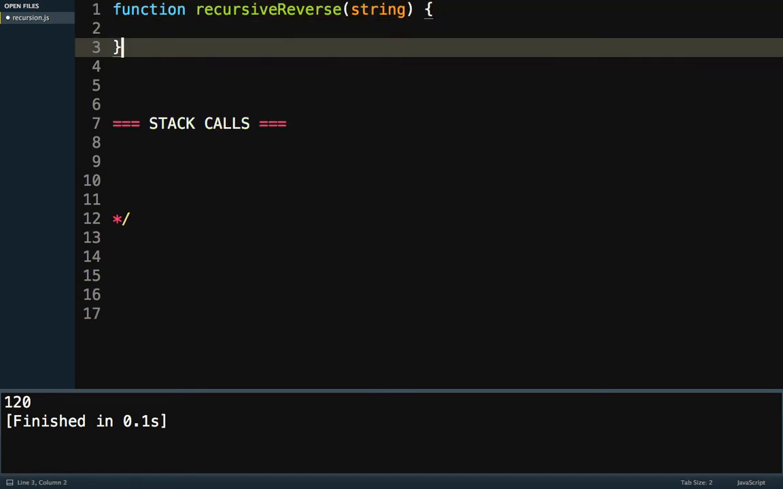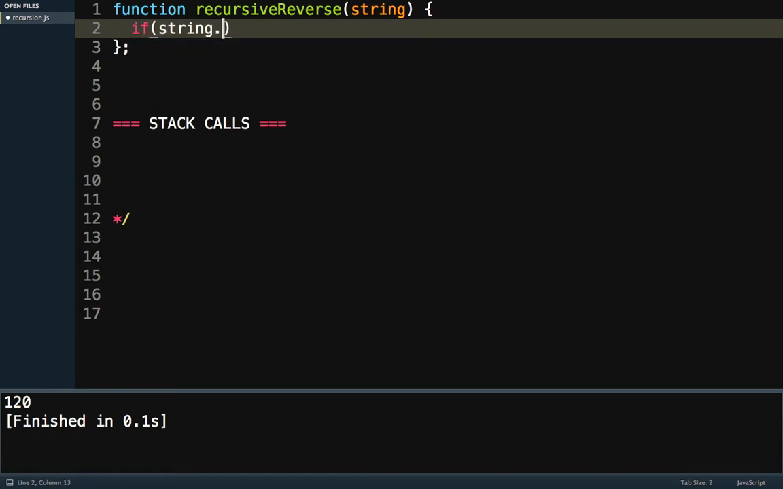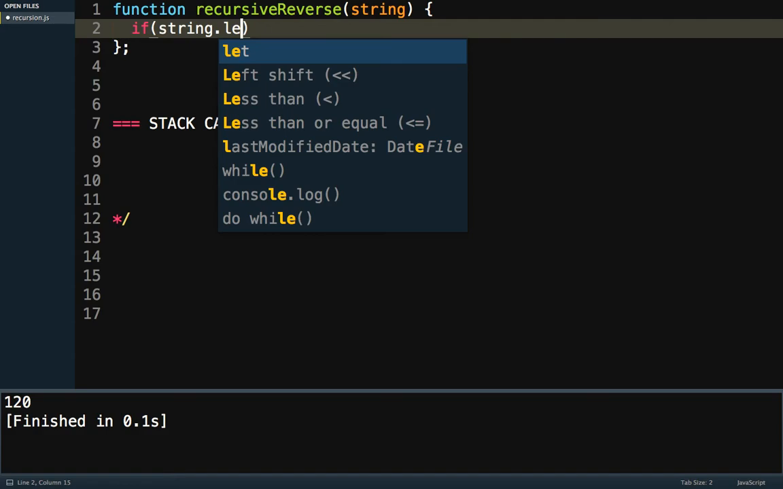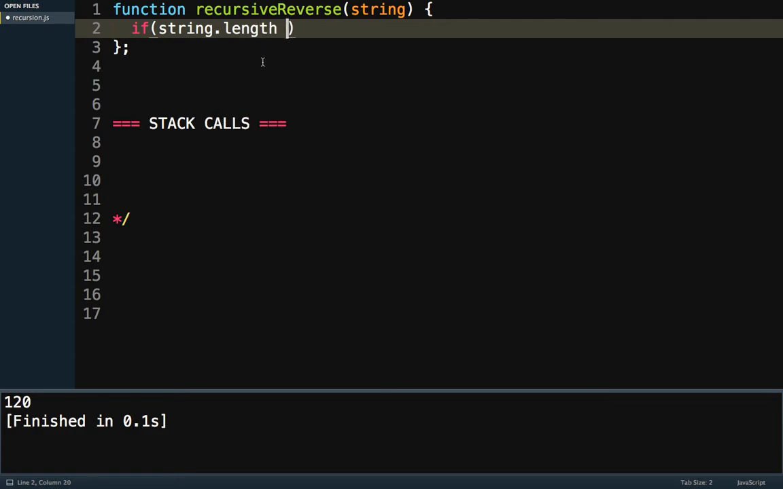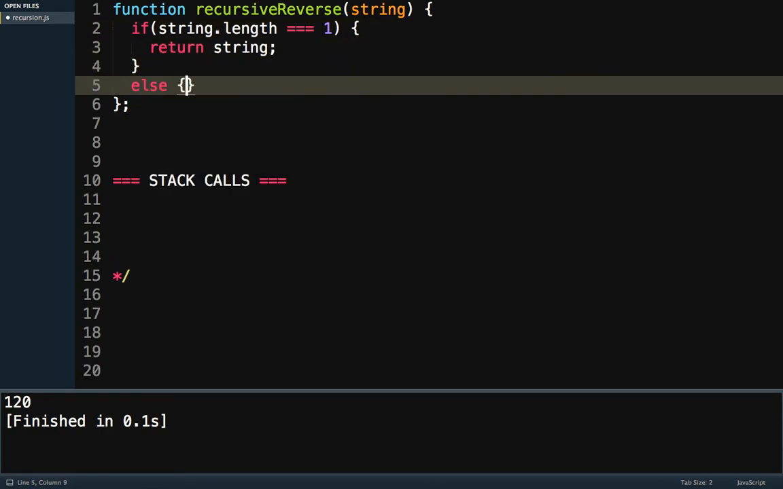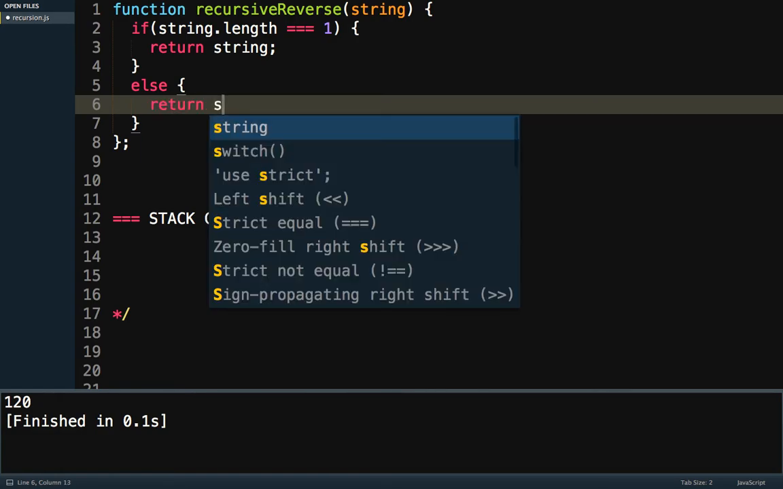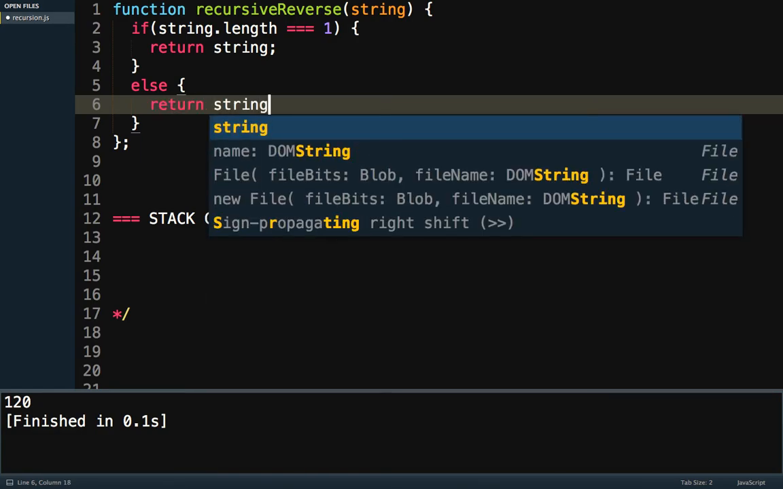Okay, so what's our base case going to be here? Well, our base case is going to be if our string dot length is equal to 1. Let's go ahead and return our string. Okay, so a lot of these have a similar pattern. We're just checking for this base case at 1 or 1 digit, whatever, and then we're going to break out. Otherwise, what I want to do is I want to return the string